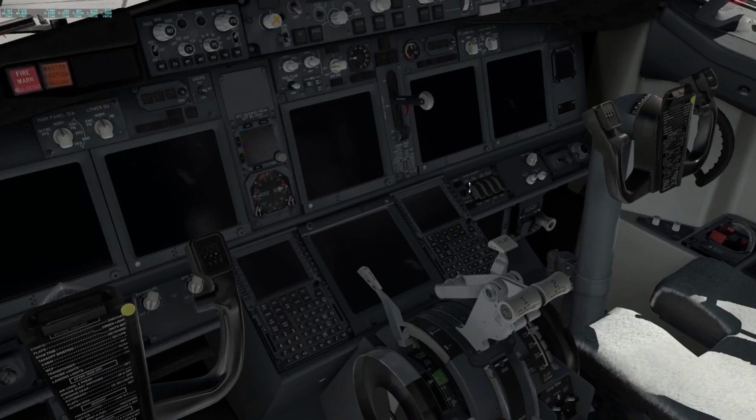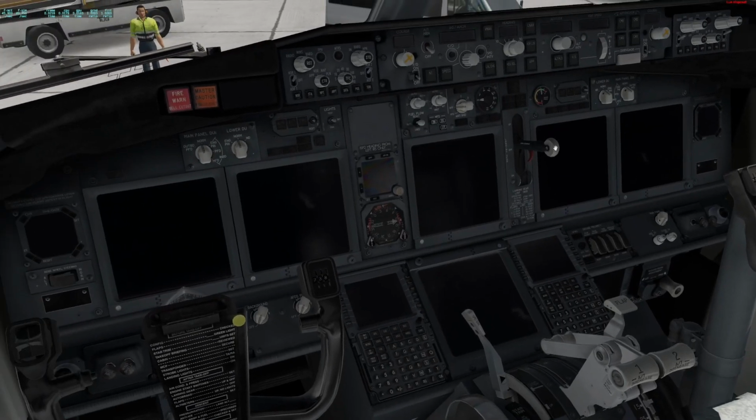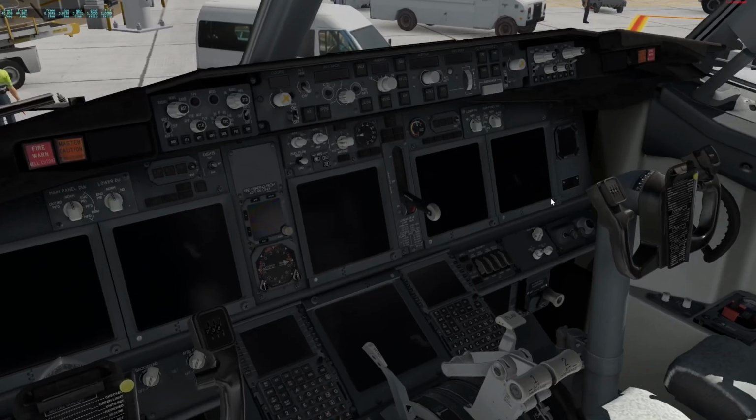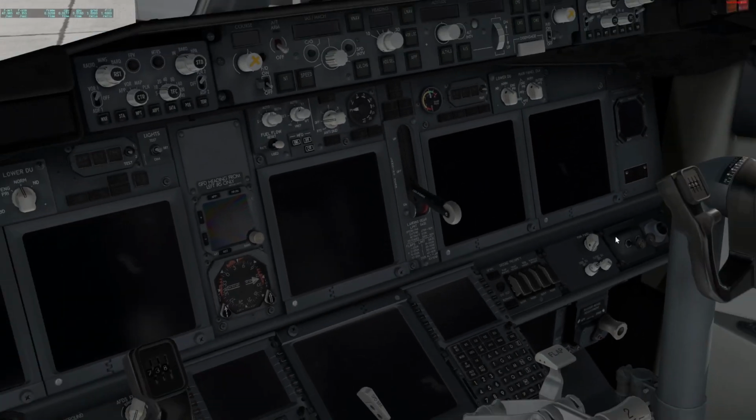So we are going to do a, oh, why is my gear in the off position? That is not intended. That's not good. Anyway,